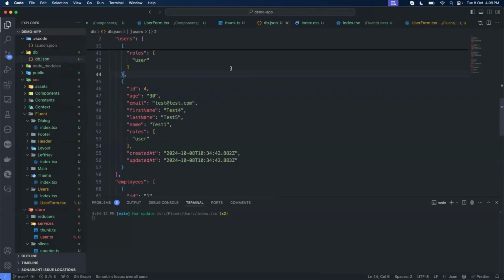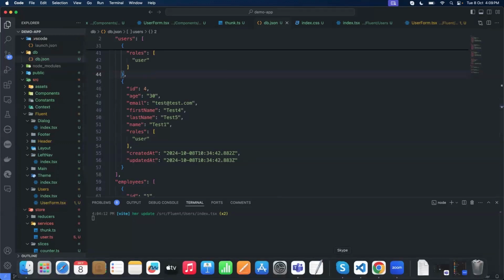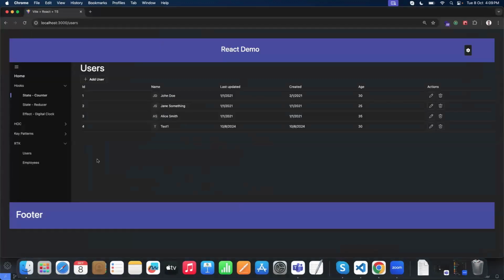I will share the entire code today or tomorrow. You can go through the code, and I'm going to update something. For example, what we are seeing for the users, I'm going to update for the employees also. So in the next session, you can download the code and go through it. Then we will have one session on